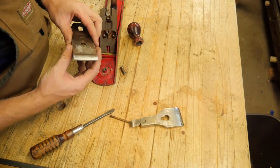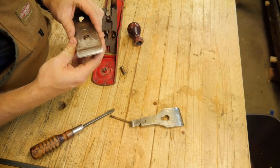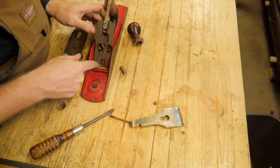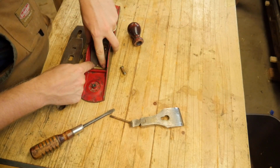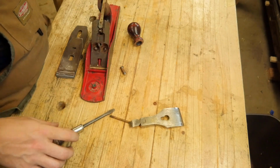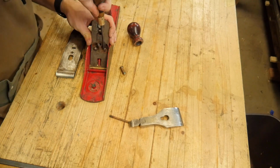But for this, I don't really care about tear out. I'm going to have plenty of tear out, and that doesn't matter because I'm just taking off a lot of material. So number 1, I'm going to push the frog back as far as I can so that the frog is perfectly in line with the bed, and I can actually use the little piece of sole that sticks out as a registering point for the iron. And I'm going to tighten this down